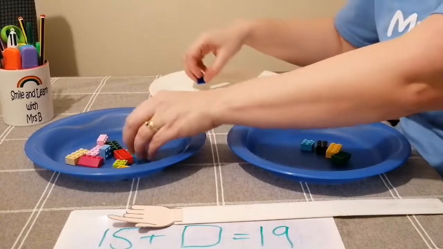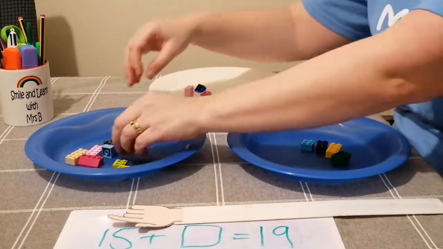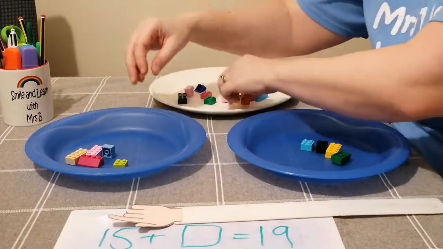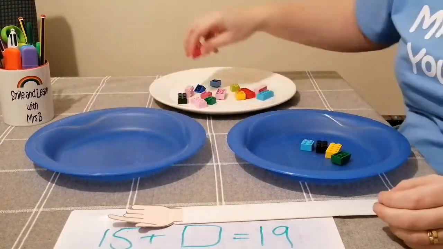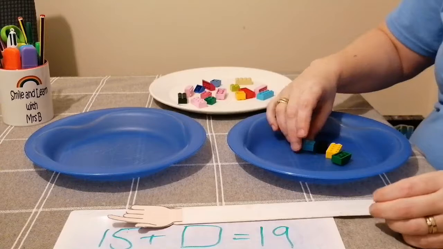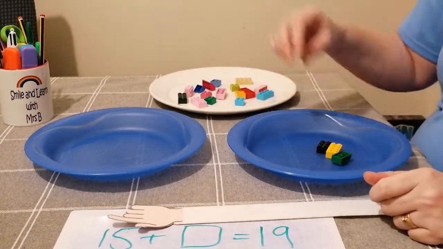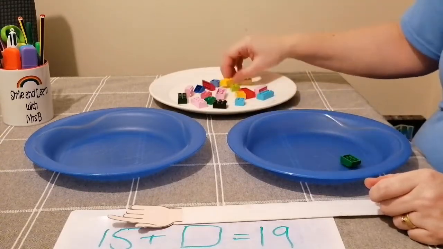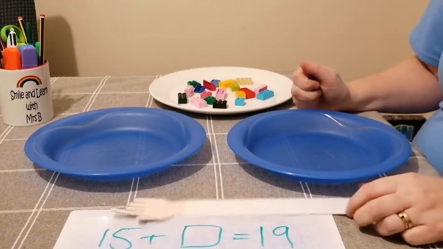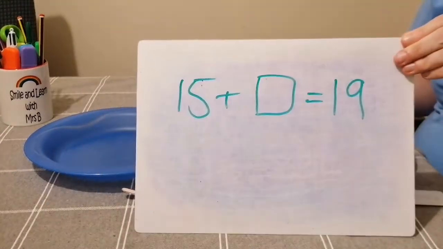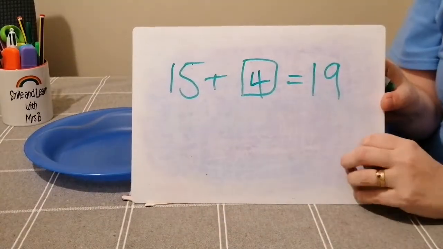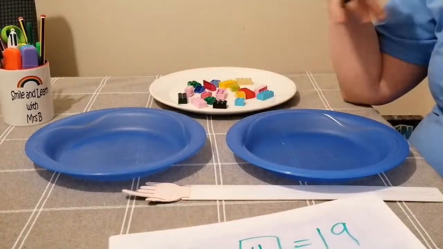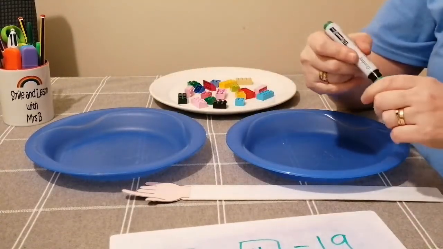1, 2, 3, 4, 5, 6, 7, 8, 9, 10, 11, 12, 13, 14, 15. Carry on counting. 16, 17, 18, 19. Excellent. So we know that the missing number was 4. Brilliant. Now, if you can work out that using Lego bricks and plates or bowls, whatever you've got handy, you